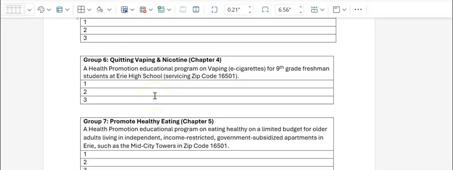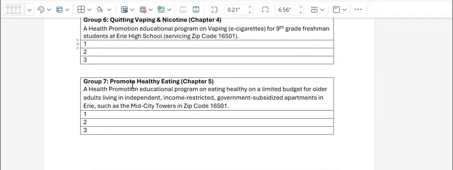Now there's a complementary and integrative health practice that you're going to work with 1st grade students at the charter school. Maybe you're interested in a program on vaping or e-cigarettes for 9th grade freshmen at Erie High School. And then the final option is an educational program on eating healthy, and this is for older adults living in independent housing,